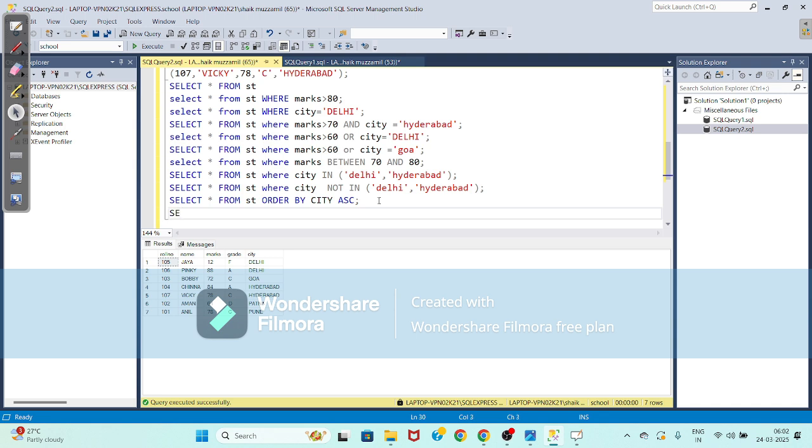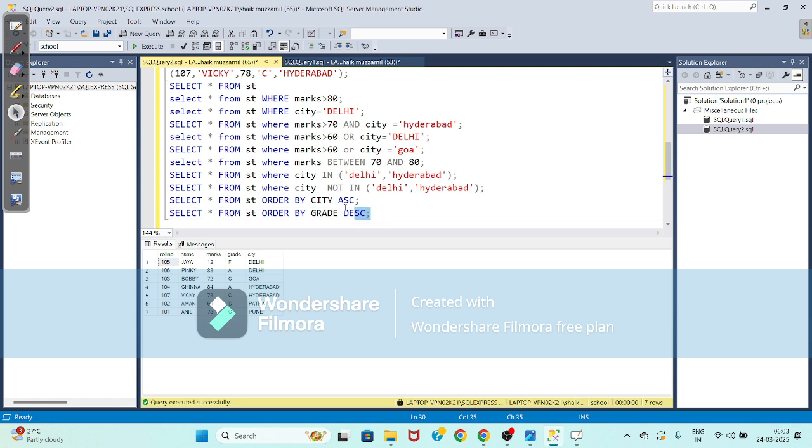Similarly, select star from st order by grade DESC.